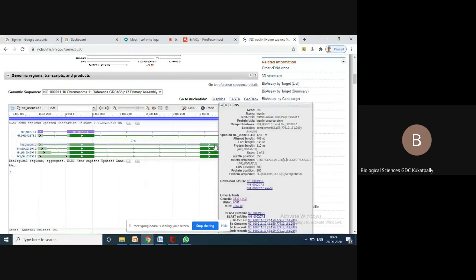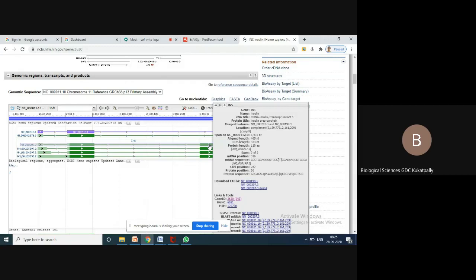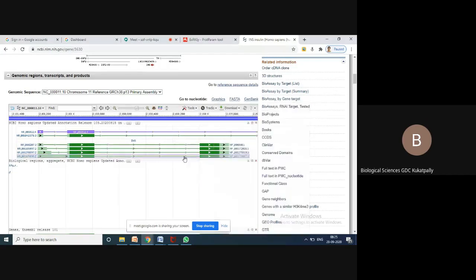This is a very self-explanatory tool. Like how you learn everything on Google, same way you just have to keep browsing. This is the third exon. See, it is telling you this is the third exon, 3 of 3 exons, and this is the second exon.